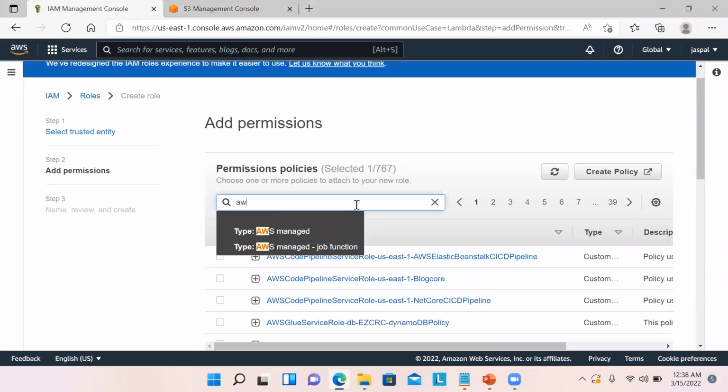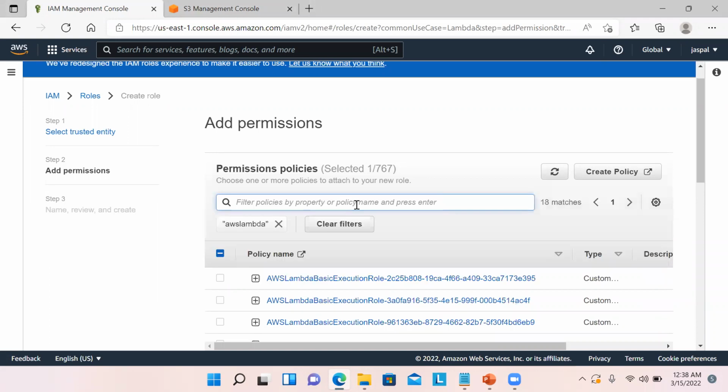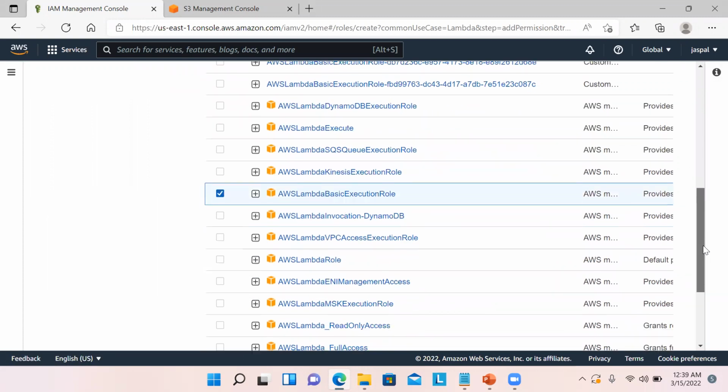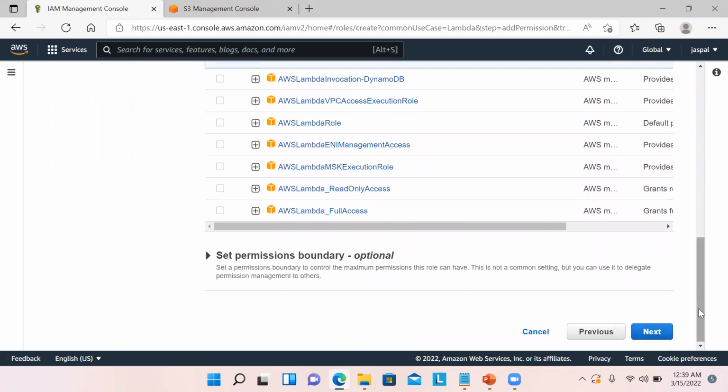Okay, so I was just making some naming mistakes. So let's search over here, AWS Lambda. So if you go down over here, you'll find this AWS Lambda basic execution. So I have added my policy as well as this basic execution role in order to